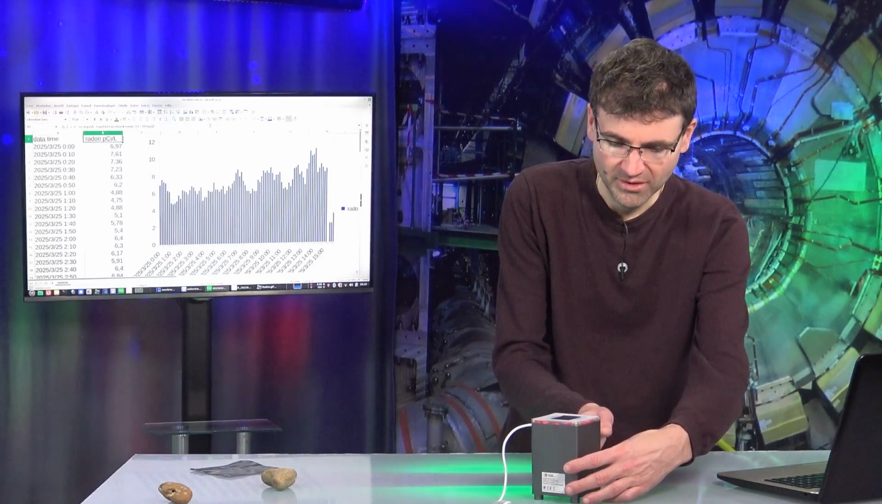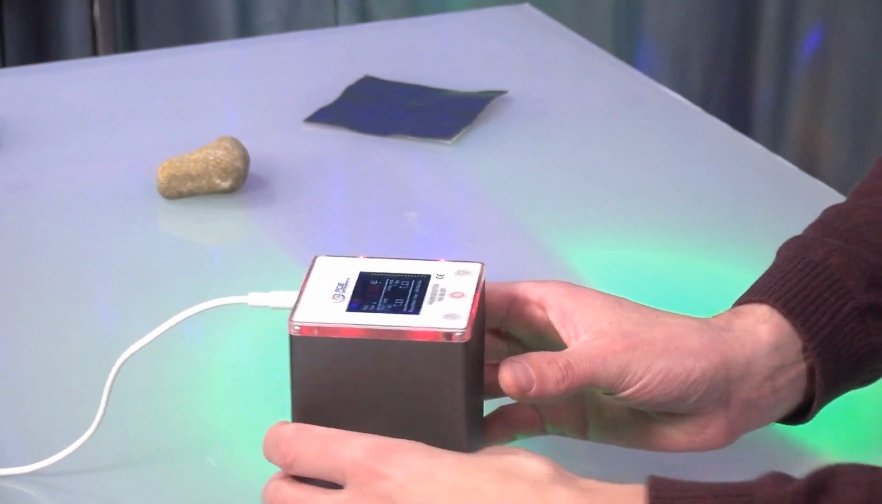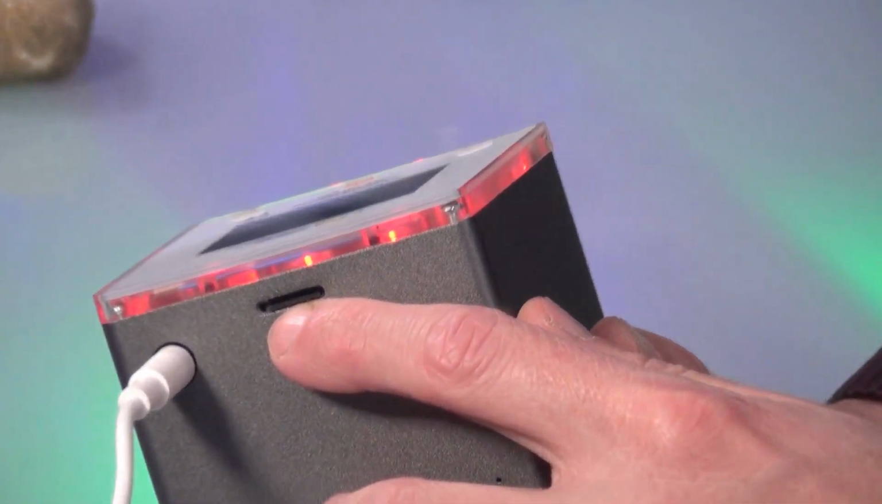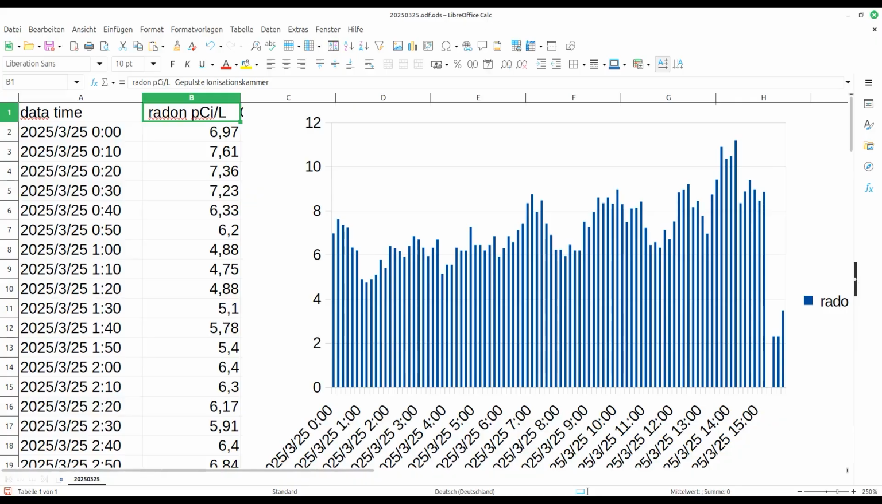We also have other options. On the back we find a slot for a micro SD card. The micro SD card is supplied and offers the possibility of storing millions of data records. In the same way the device has, I can demonstrate this once. When I click here,